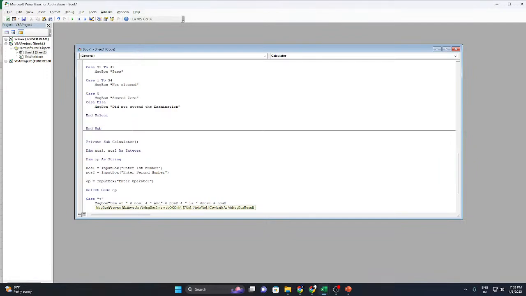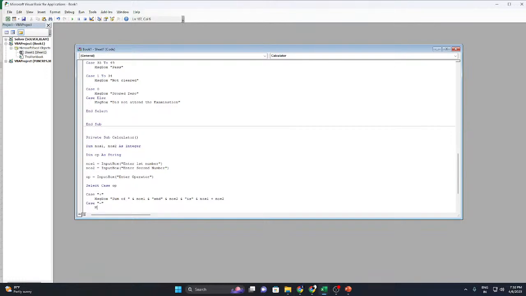Just give no kind of space, it is throwing errors. We can avoid the spaces, right? Now here is minus. Okay, again message box,